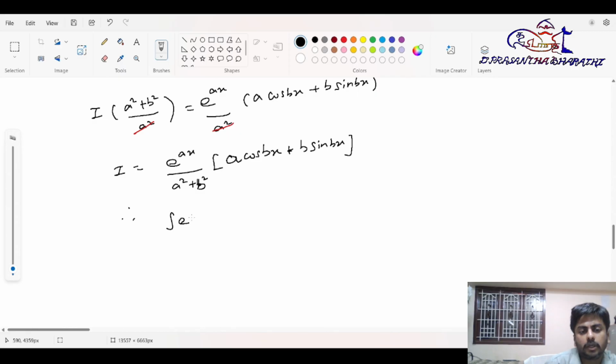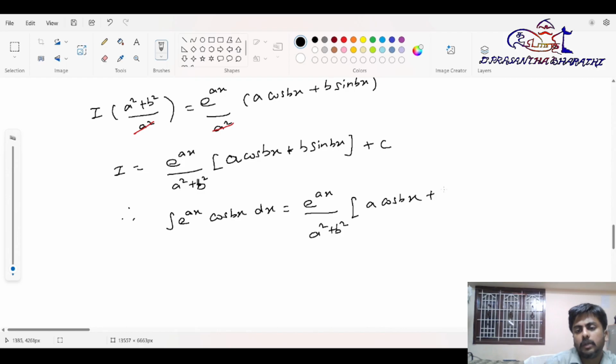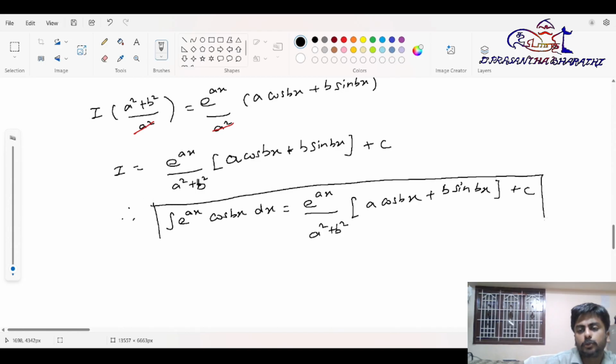Therefore integration of e power ax cos bx dx equal to e power ax divided by a square plus b square into a cos bx plus b sin bx, plus c. So here you have identified when to stop